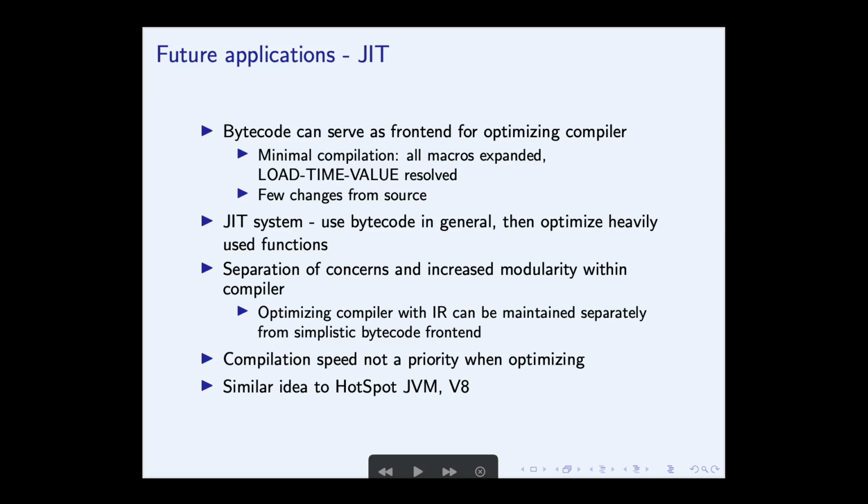There are a lot of compilers out there, for example, JavaScript compilers, WebAssembly, Julia. They all have some kind of just-in-time where you don't necessarily compile the best, most optimized version up front. You compile maybe with a faster compilation strategy, for example, bytecode. And then as the page is loading on JavaScript, for example, you then install the full-blown native compiled version. And I think that's a very interesting use case of this because